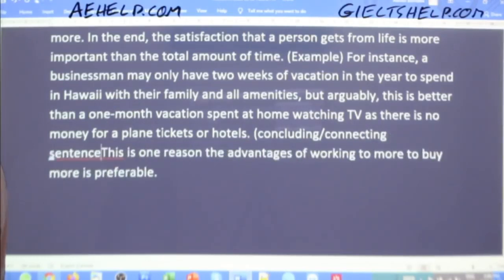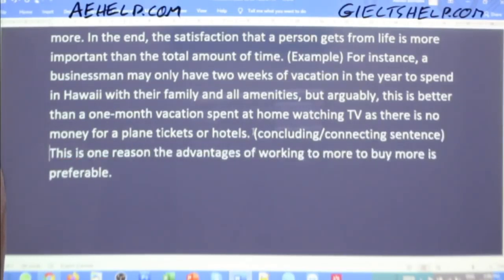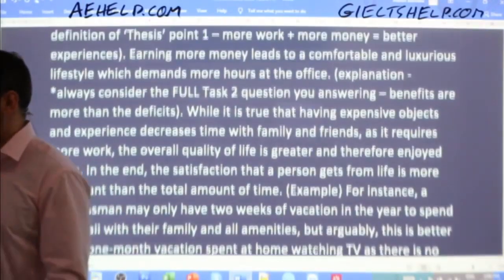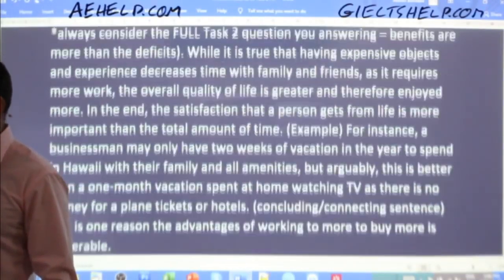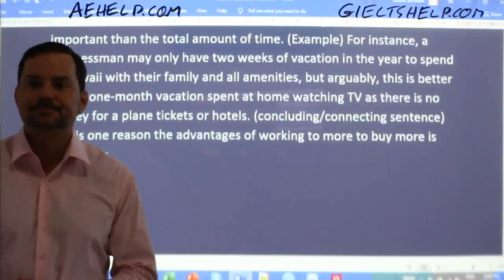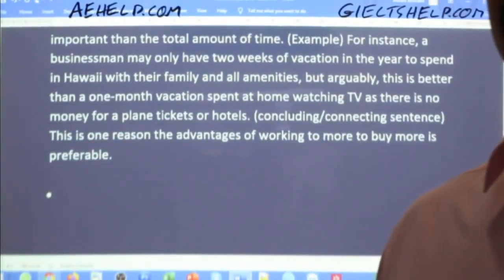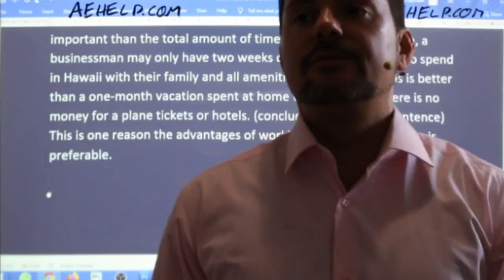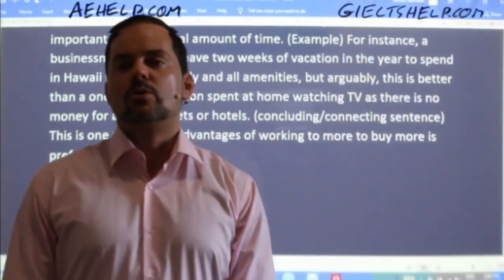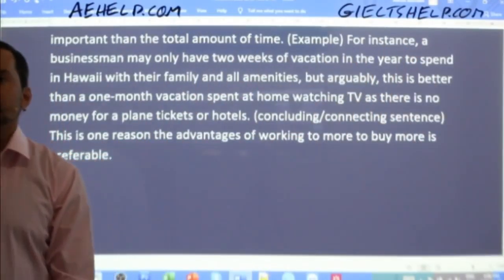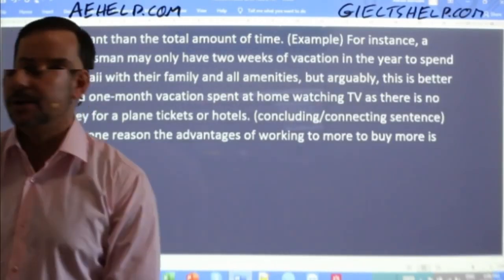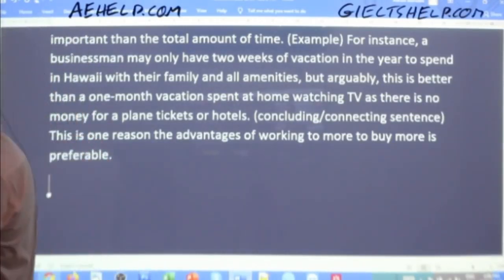Now, I know this is a little bit challenging, students. This is quite a conceptual question, so it's more challenging to write a clear response than for some other ones, but that's why I'm showing you this question, this topic. Okay? Yeah, Rajveer, absolutely. So you're picking up what I'm putting down. So Rajveer is saying this is one of two advantages of working more to earn more. Absolutely, Rajveer. Yeah, you're bang on. That's perfect. Okay, and now I go into body paragraph 2.